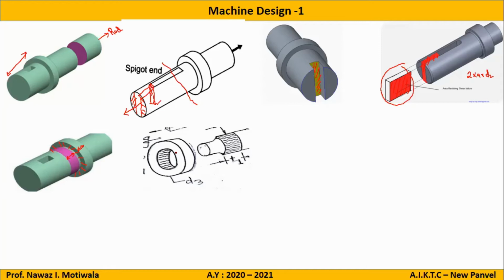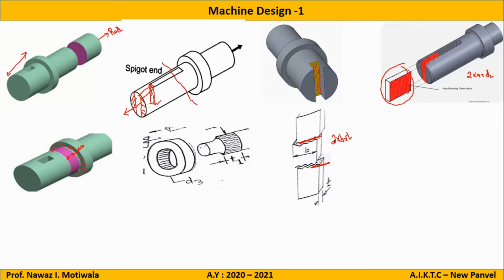Okay, what was the next component? Cotter. And in the cotter, what are the different types of stress or load acting? Shearing and bending. Yes, there will be two types of load acting on it. The first one is shearing. You can see here, this part will come out, and while coming out, it will rub this surface and also this surface. Because it is a rubbing action, it is known as a shear. And as it is twice, it will be 2 into B into T. So the area of shear will be 2 into B into T.